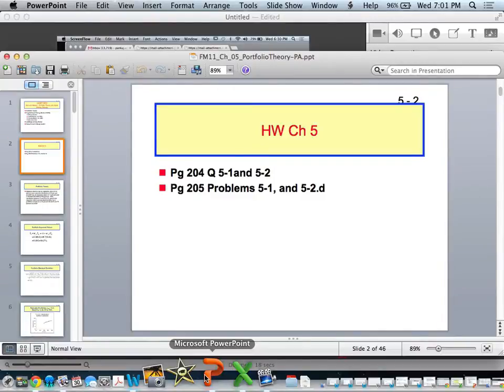All right, folks, this is chapter 5. Chapter 5 from Brigham and Ehrhardt. And this is just an awesome chapter. I mean, by the time this chapter is done today, you will see what the portfolio project that you're working